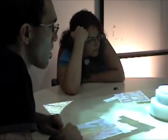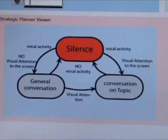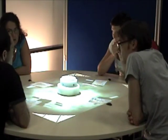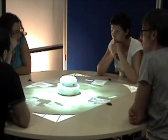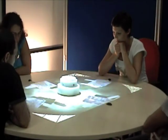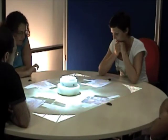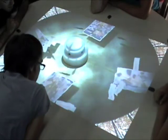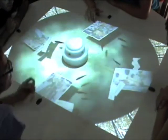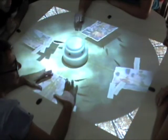When participants are chatting generically, without paying attention to the stimuli presented, the system highlights part of the graphical content using a variety of approaches. In this example, the graphical layout takes the form of a garden pond. Graphical stimuli float in the water, and people's attention can be caught by means of water drops or through the